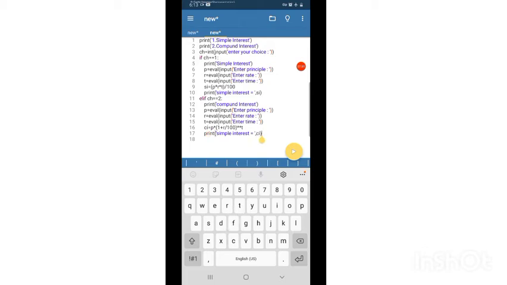So the formula for compound interest is P into 1 plus R by 100 whole raised to T.